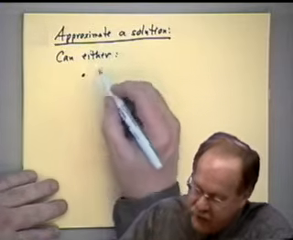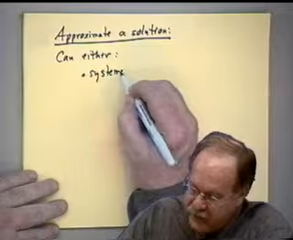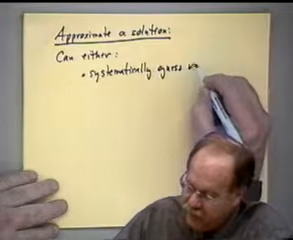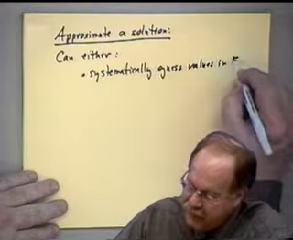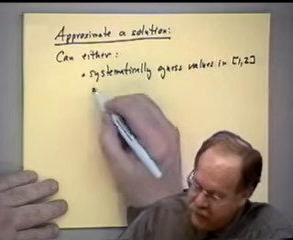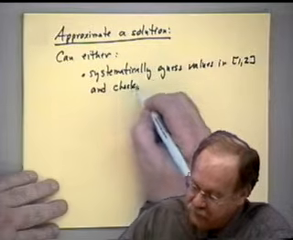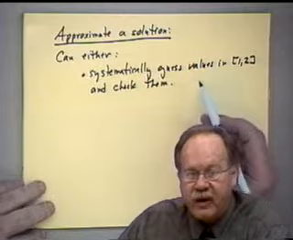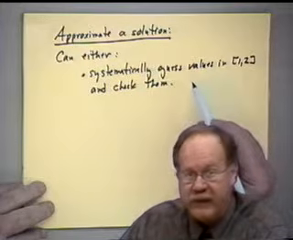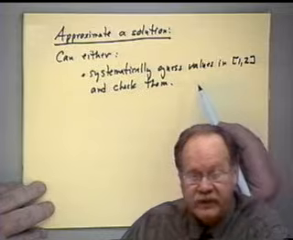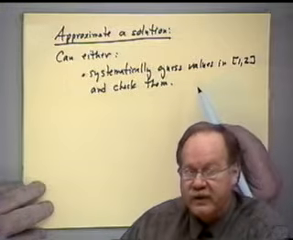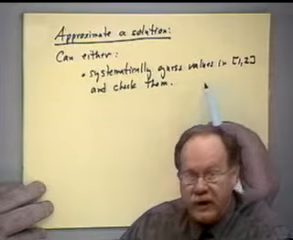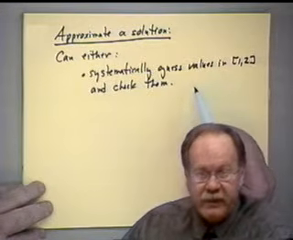You can either systematically guess values in 0 and in 1, 2 rather, and check them. Every time you get two values that are of different signs, if you get an f of a and an f of b that are, one is positive, one is negative, then you know that there is a solution in between those 2 points on the x-axis. And if you can narrow this down, you can continue to find better and better approximations to what